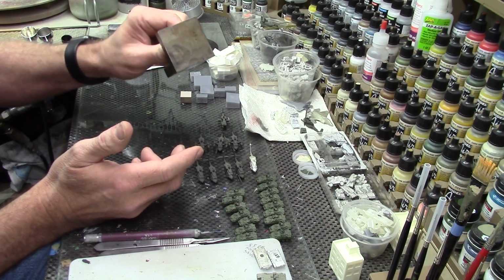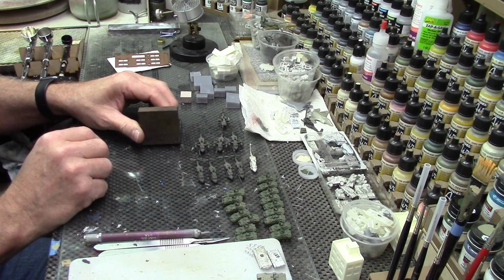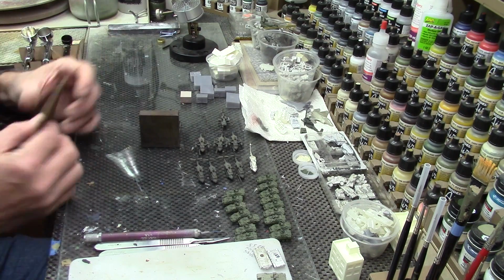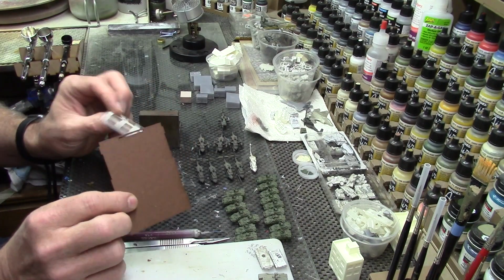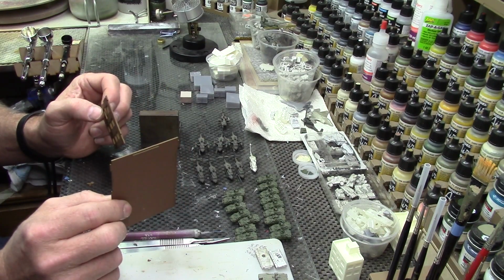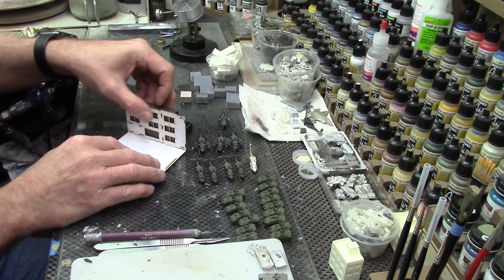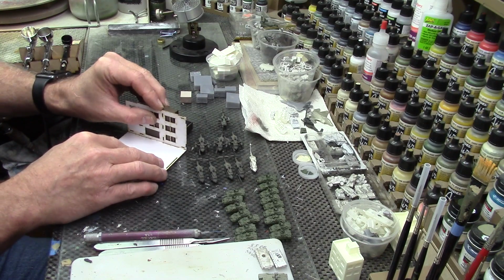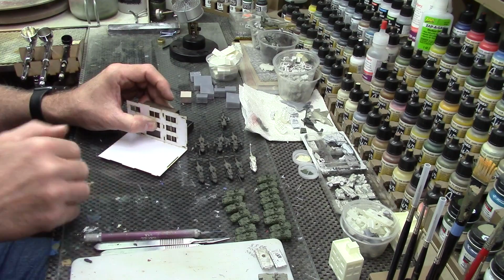But anyways, they are exactly 90 degrees, and what I use them for all the time in the shop is when I'm assembling kits that are laser cut, either matte board like this or MDF or acrylic. I'll lay down a part and then I'll put another part here and then apply my glue and let it sit here, and this is keeping everything